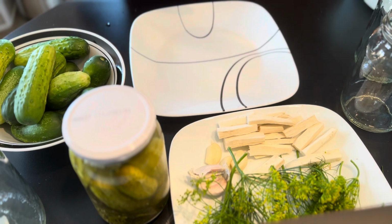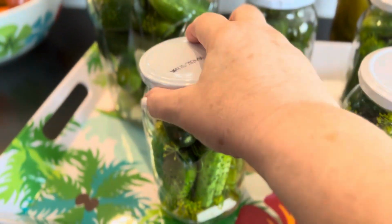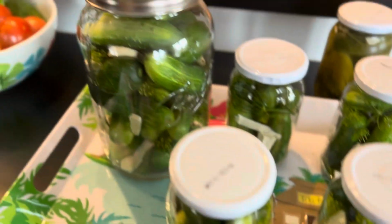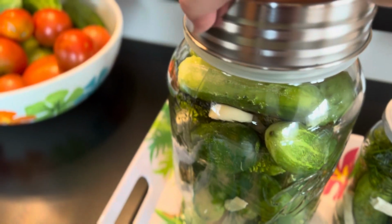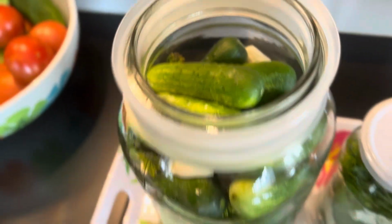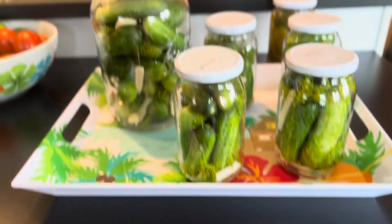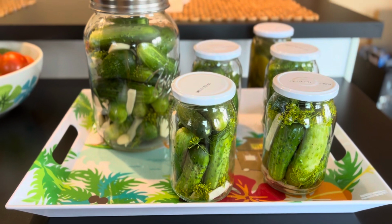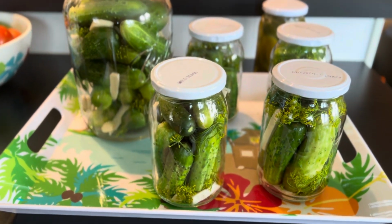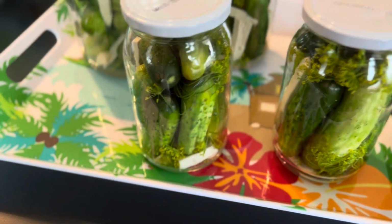This is the second jar. I was able to make 4 little jars here and also a bigger one. This is a 4-liter, and I'm just waiting for the brine to fill them with. And in the meantime, I just wanted to show you one of these I made